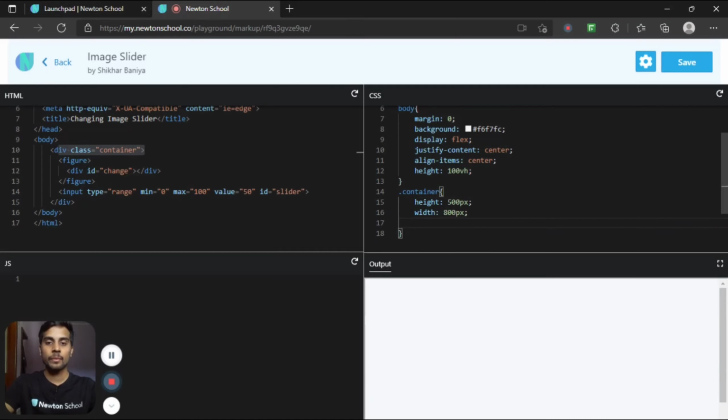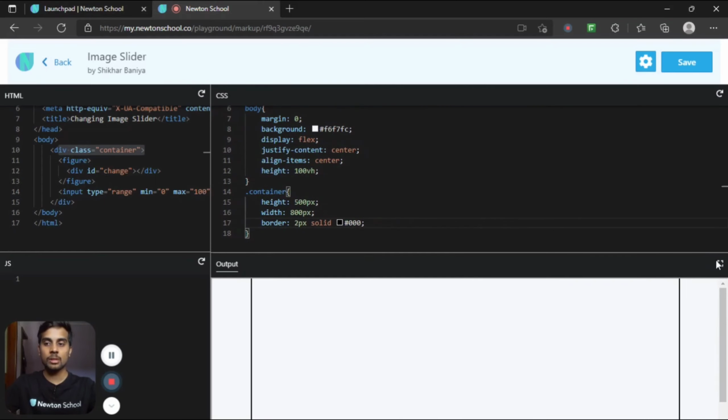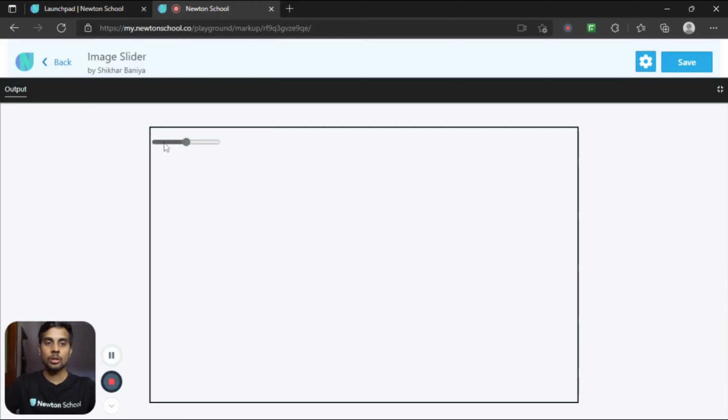Let me add a border first so that you can see what we are actually doing. So 2 pixel solid, and let's change the color to black. So let me increase the size of this. As you can see, we got this container of 800 width and 500 as height.